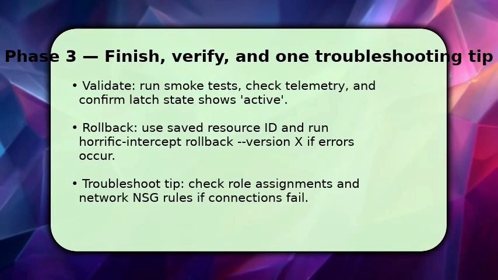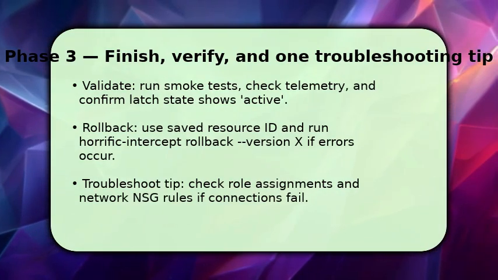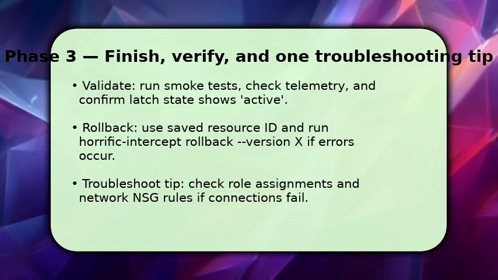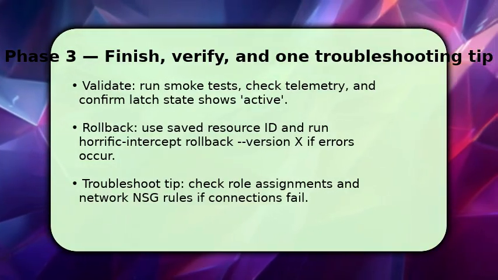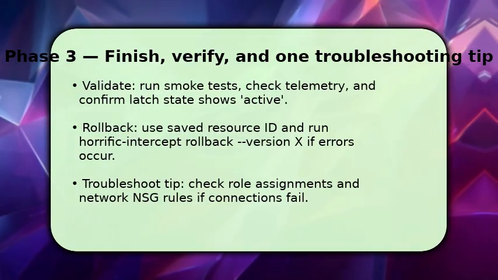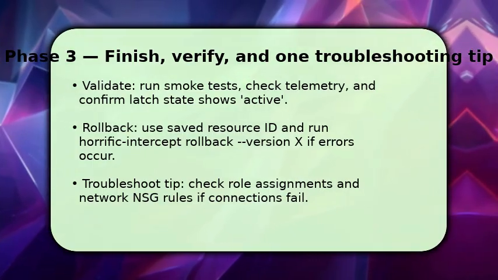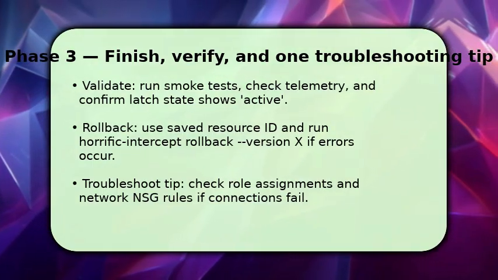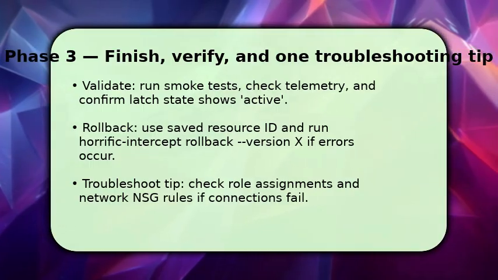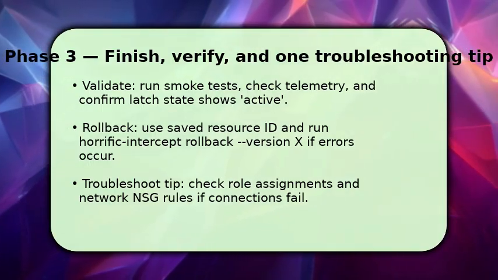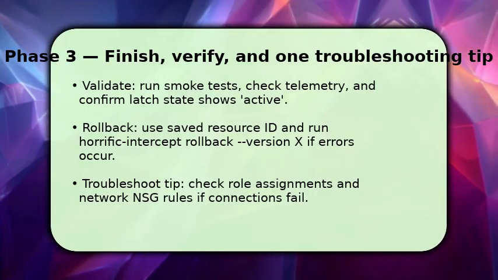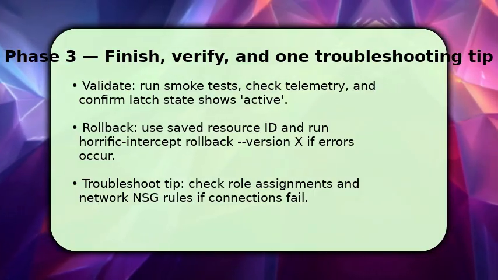Run smoke tests against known endpoints and check telemetry for expected intercepts, making sure the Latch state shows active. If anything failed, use the saved resource ID and run Horrific Intercept rollback version X to revert to the prior stable state quickly. Make sure to inspect role assignments and network security group rules, because most connection failures are permission